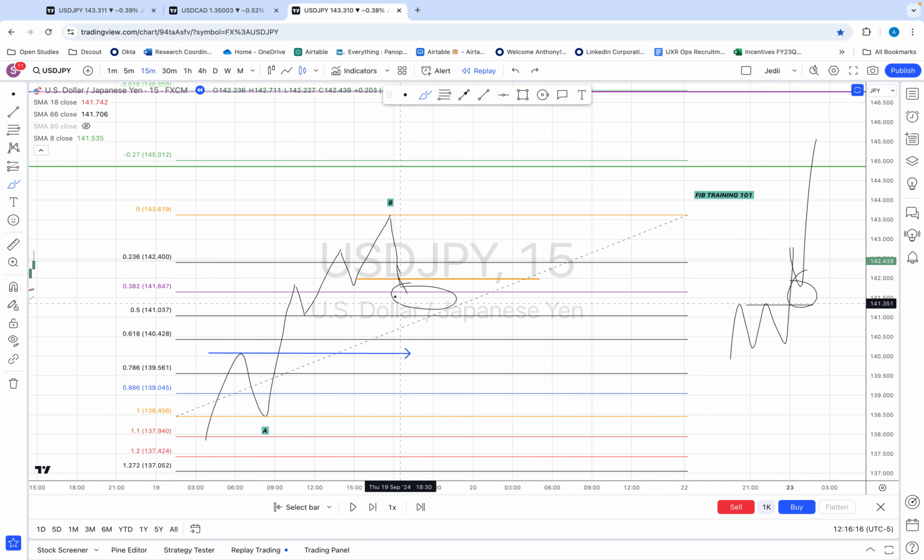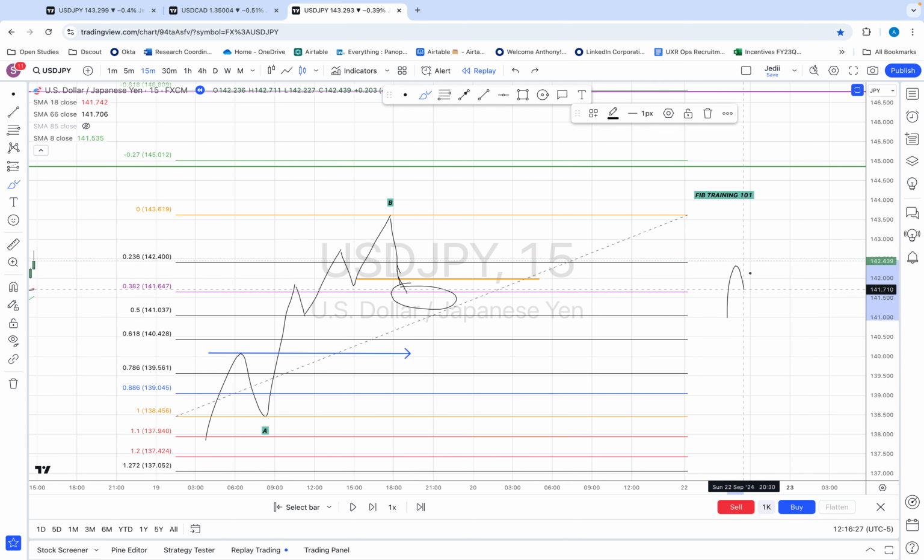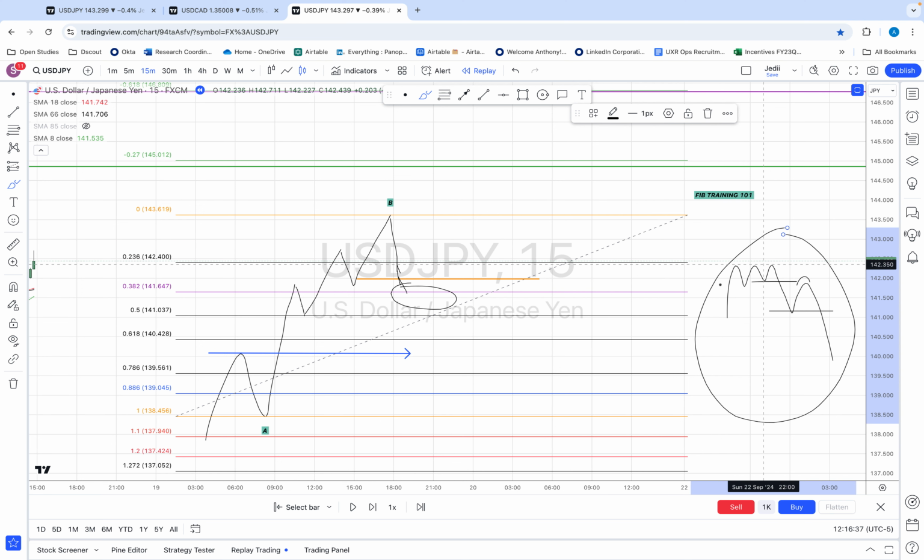If I came down to here, and I was on the hour with our FIB, and it's hitting at 38.2, let me go check lower time frames. And on lower time frames I saw maybe something like this. I saw here, and then here, and then this, and I started seeing a break of support, a lower high being formed. These are all bearish signals on lower time frames. What that would have meant for my FIB is that it might just be going deeper. And once I got to the 50 level in that range, I would have looked for the